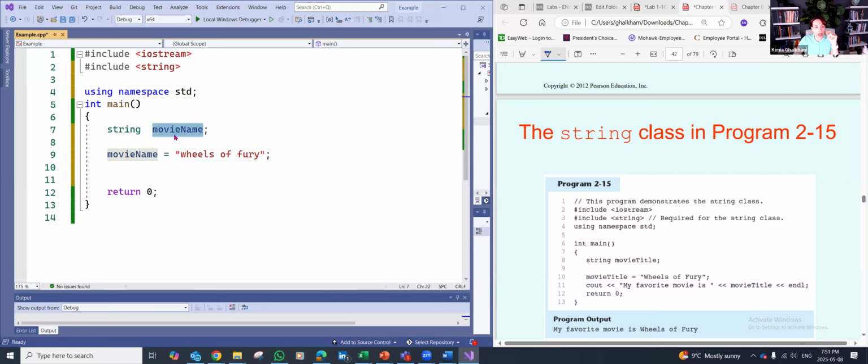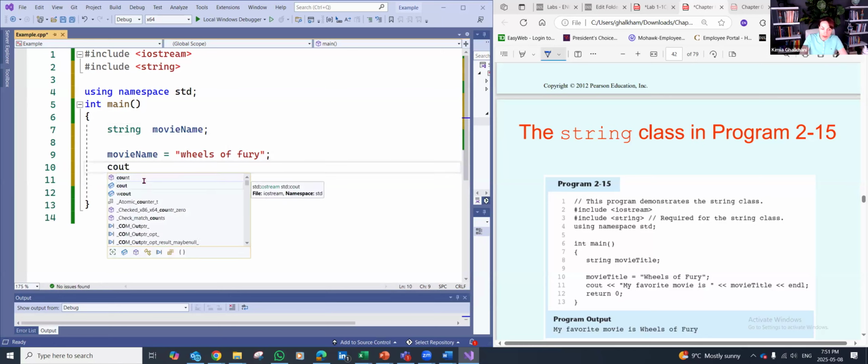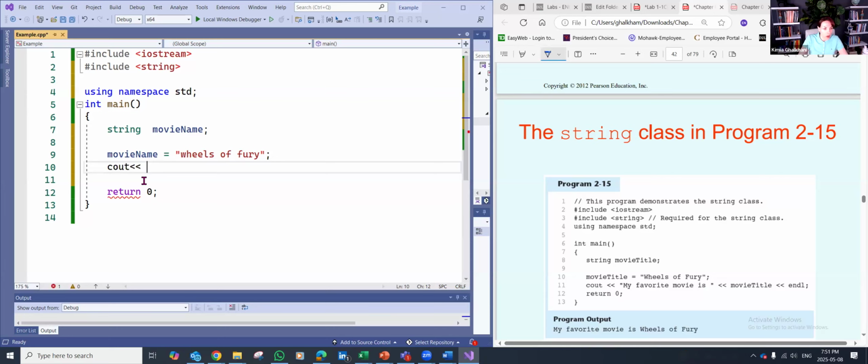I gave the variable name movie name, then I defined the movie name, Wheels of Fairy or whatever. And then I'm going to cout. How do I cout? I say cout, and then I say whatever name that I have. I can use the same one, or I can say